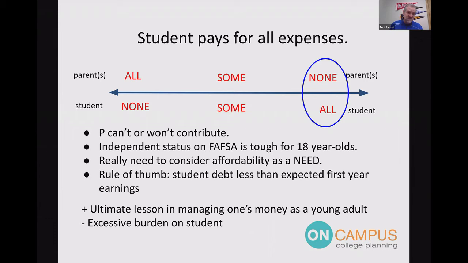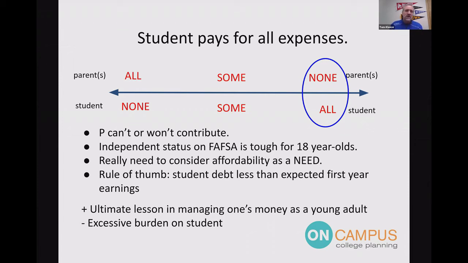Independent status versus dependent, which almost all college kids that we work with, because they're probably right out of high school and they're going to a residential college, they're almost all dependent. And that's not just if they're on your taxes or not. It's age, it's whether you've been in the military. If you have any dependents as a student, there's about 6 questions that the FAFSA asks at the very beginning.